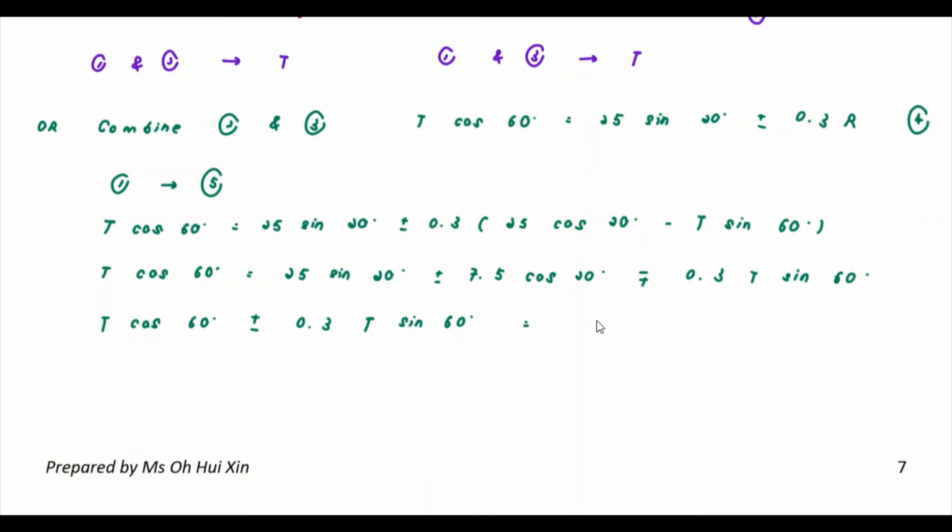Okay, then it will be equal to 25. So this is still the same. Plus minus 7.5 cos 20. Okay, so now we can take out our t. So to find our t, it will be equal to 25 sine 20 plus minus 7.5 cos 20, and